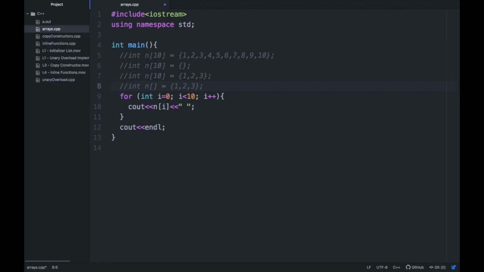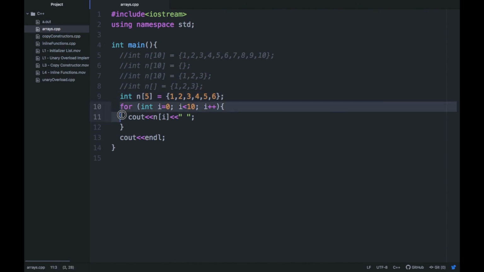Okay, now comment this out and try to access an array of size 5 with 6 elements, and we have 6 elements. So just try to remove this and check whether this statement executes successfully or gives some error.